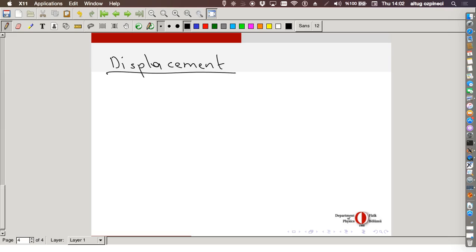Now, first let's fix our reference point. Again, the point on the table is fine. You can just choose anything. So we had already determined that the initial point of Umut was 3.2 plus minus 0.1 meters. Now, sometimes just before the exam, students start to ask me for some sample solutions. Here's a sample solution. This is what I also expect in the exam. If there are numbers, never forget the error bars, and never forget the units.